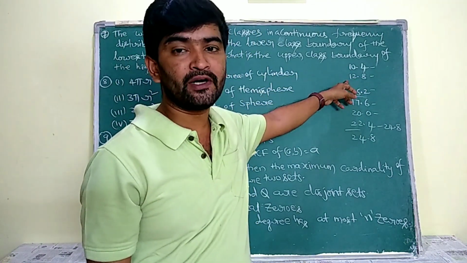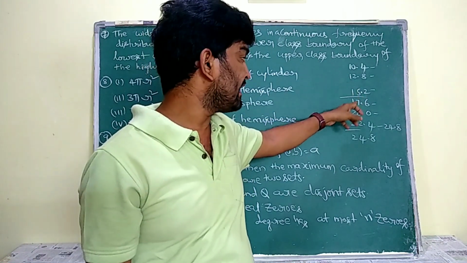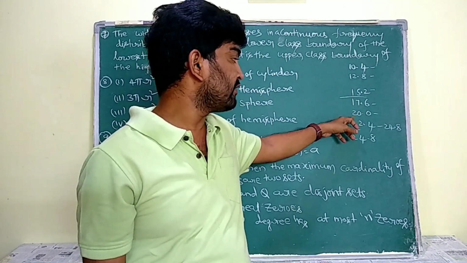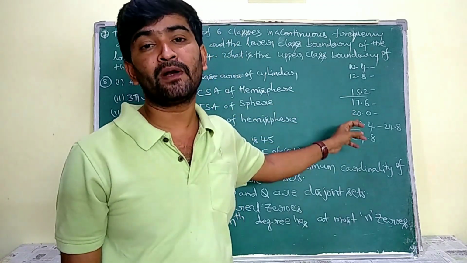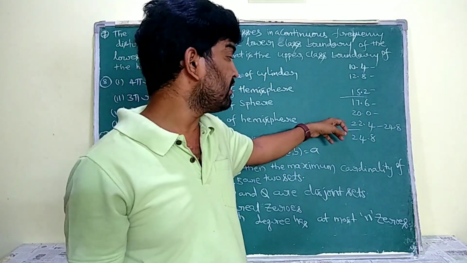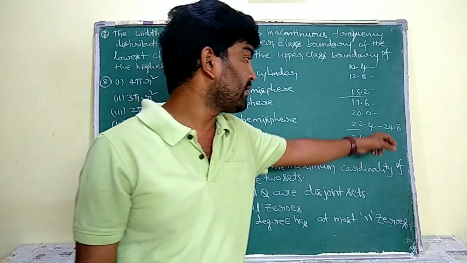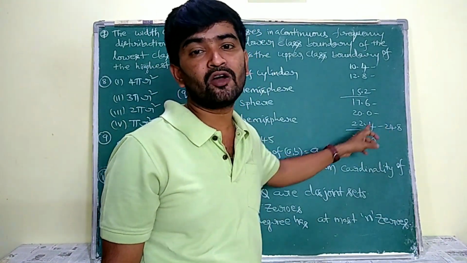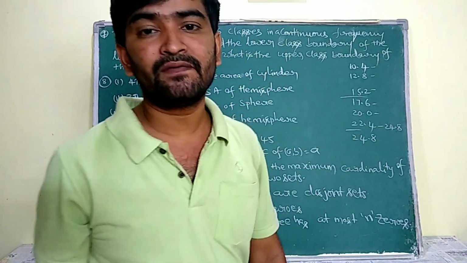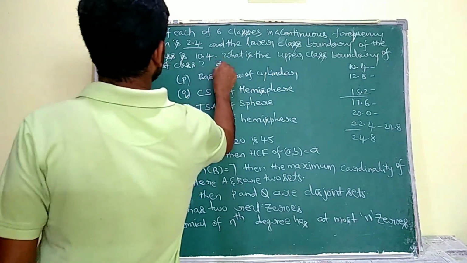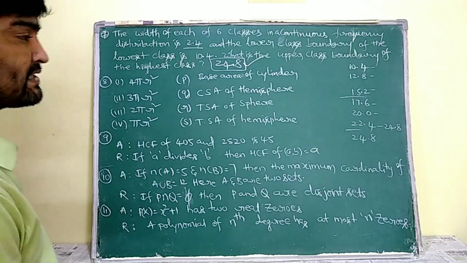By adding 2.4 to this 10.4, it becomes 12.8. Again you have to add 2.4 to that, then 15.2. Again add 2.4, 17.6, add 2.4 more, 20.4, 22.4. These are the 6 classes, but I want the upper boundary of the 6th class. So I have to find the next 7th class, 24.8. We know that in continuous classes, the upper boundary of one class is the same as the lower boundary of its next class. That is here 24.8 now. Upper boundary of the 6th class is 24.8. Its answer is 24.8.